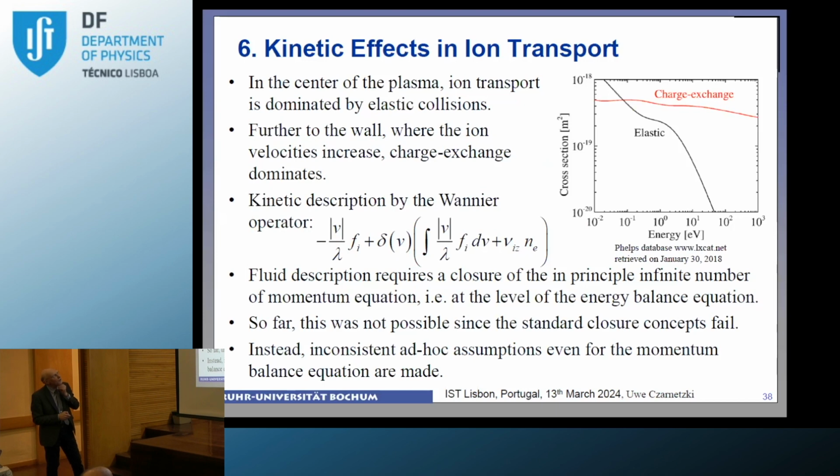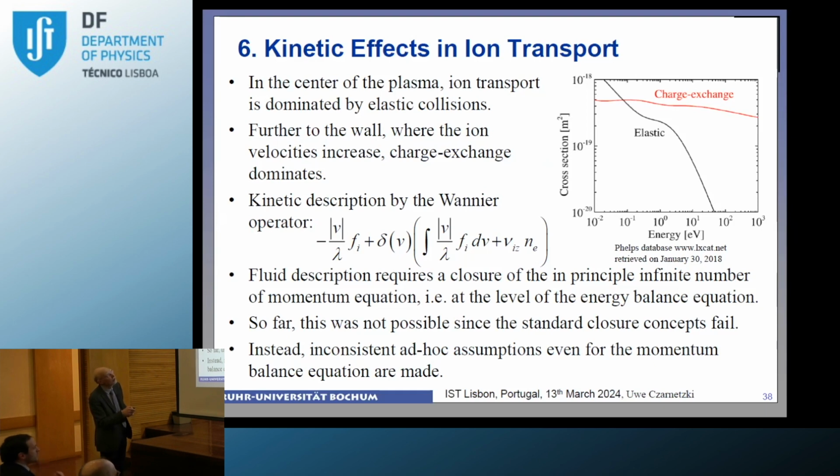The last point I want to address briefly are kinetic effects for ions. I already said we need an ion transport model. And sometimes our community is good at putting things under a carpet and declaring things are okay. And on a kinetic level, things are okay because charge exchange collisions are perfectly well described, for a long time, by the Wannier collision operator, which you can combine with the Boltzmann equation. So charge exchange collisions are not so important in the center of the plasma, but once we get a little more to the wall, that means that the ion energy has increased to more than about a tenth of an eV, when charge exchange collisions